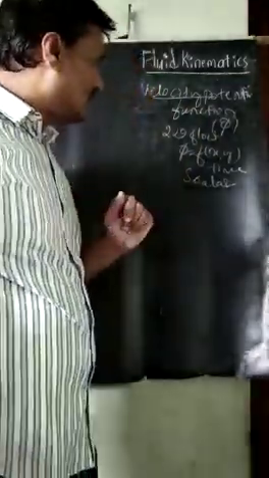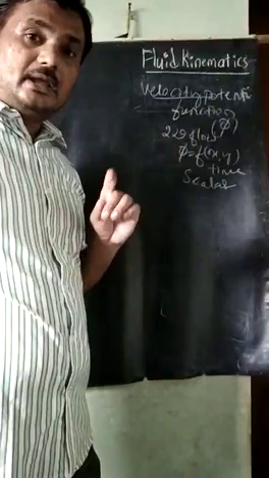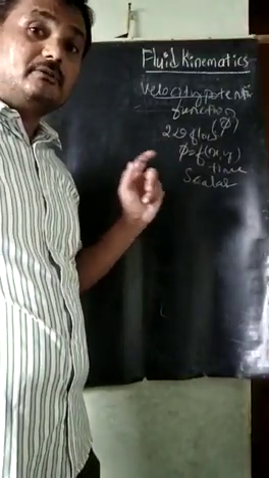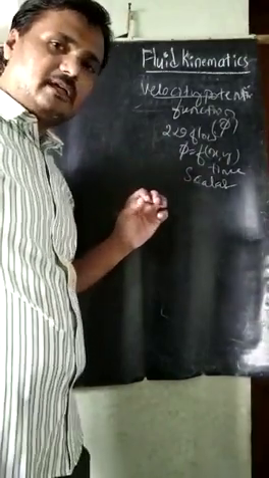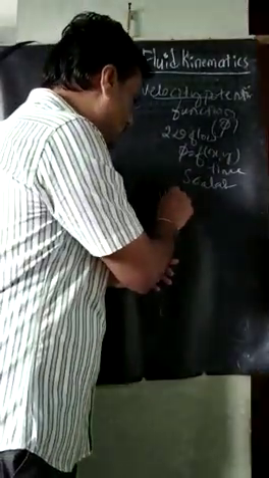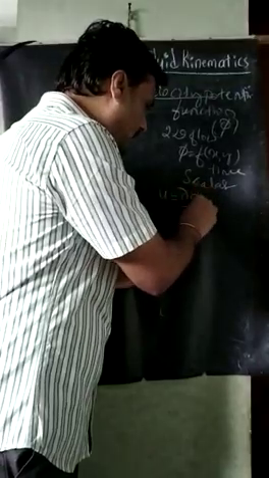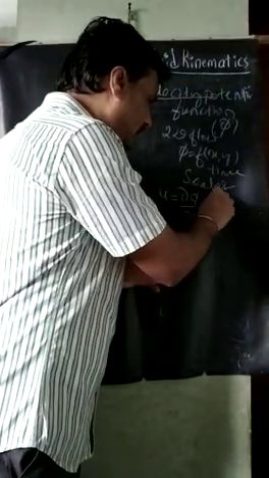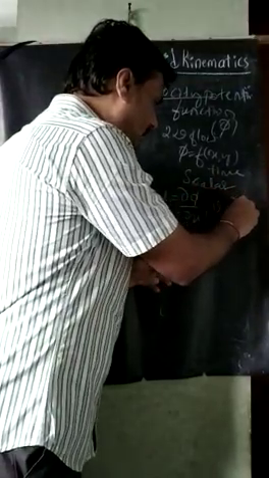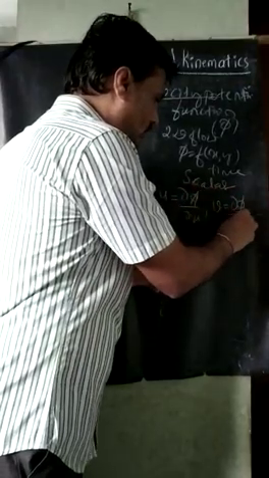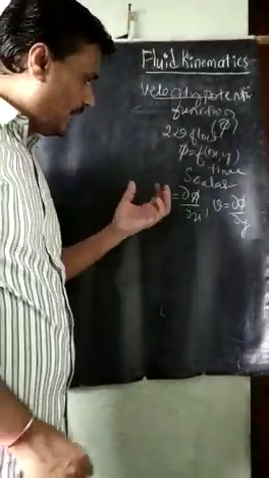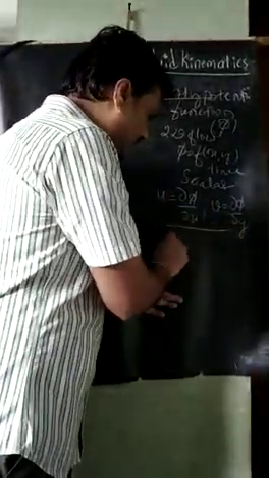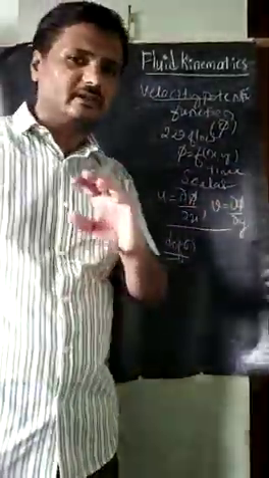So first, I will write the equation for the 2D flow in terms of the velocity potential function. For the velocity along the x direction, u is equal to dou phi divided by dou x. For v, it is dou phi divided by dou y. By these equations only, we can tell the definition. How to tell this definition?